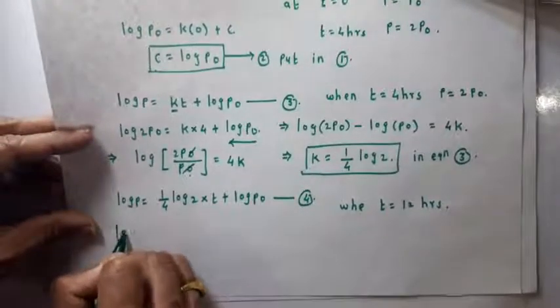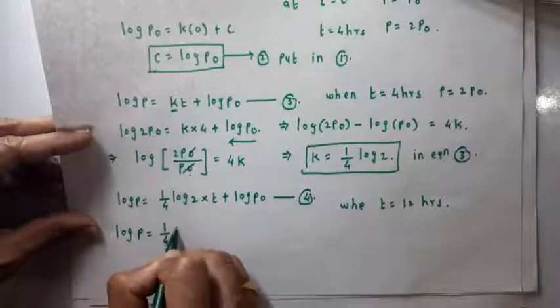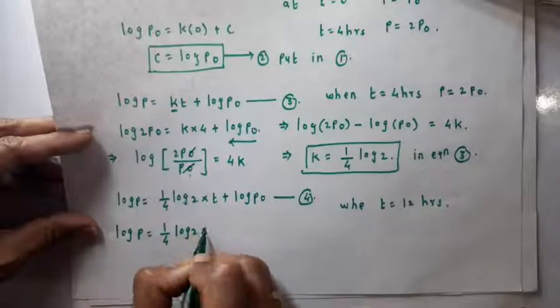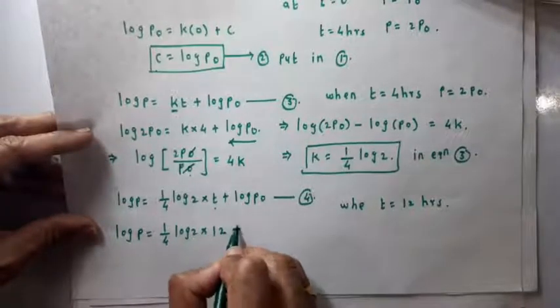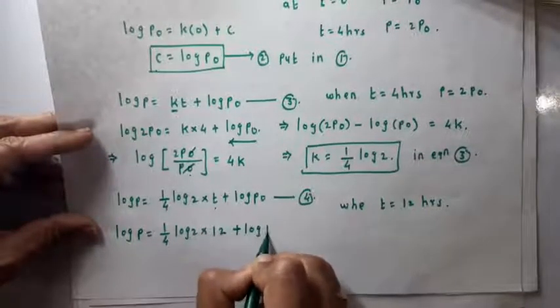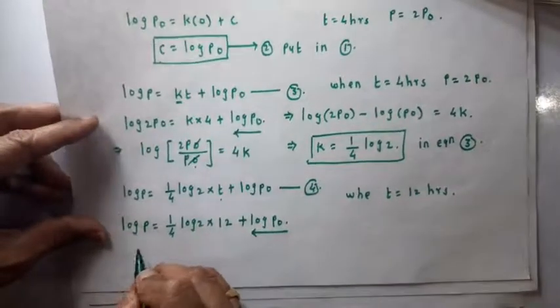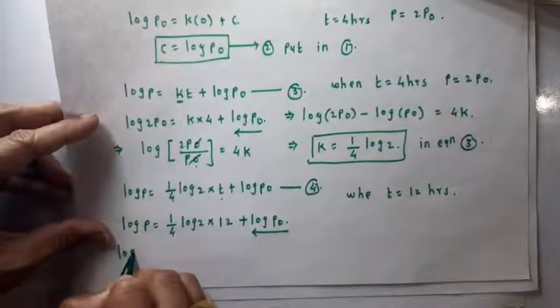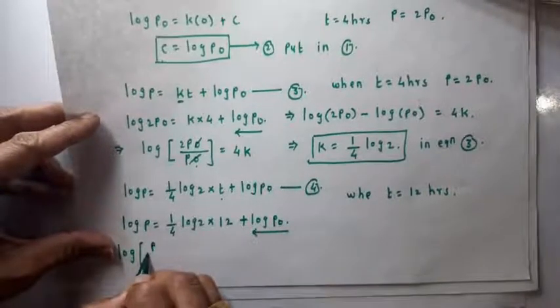So log of P equals 1 by 4 log of 2 into T, which is 12, plus log of P0. Again, shift log of P0 to LHS, and by using rules of logarithm, we will get log of P upon P0